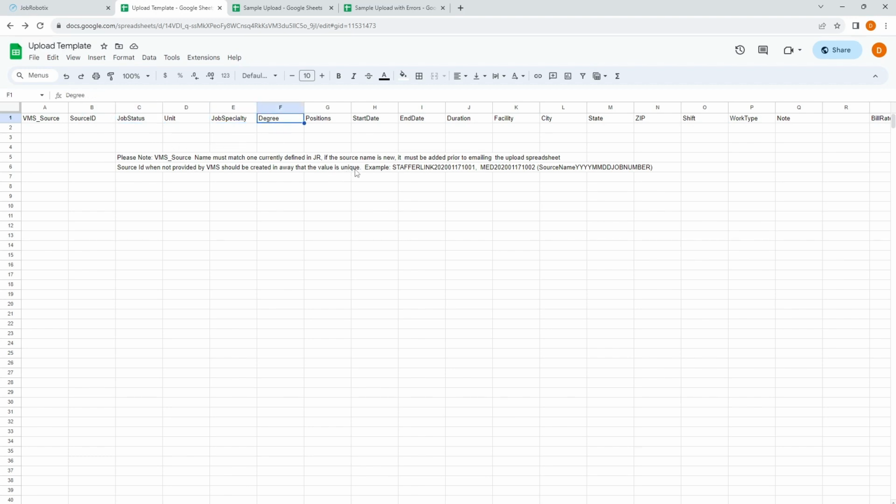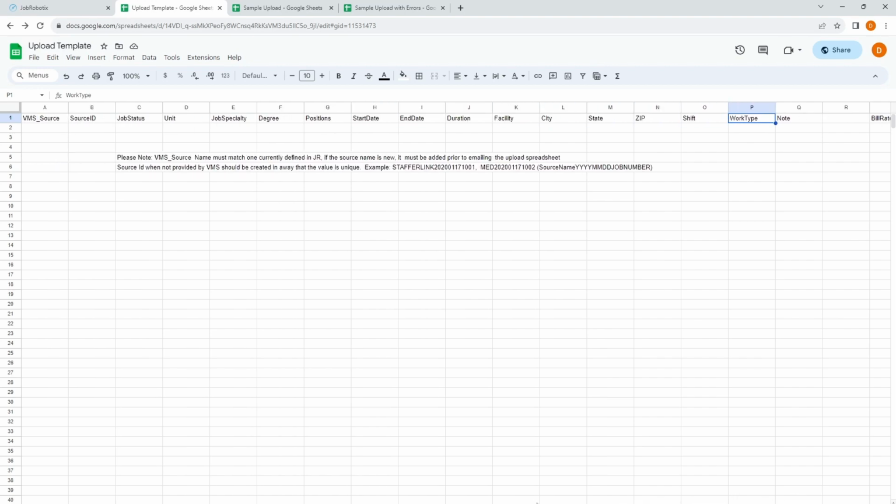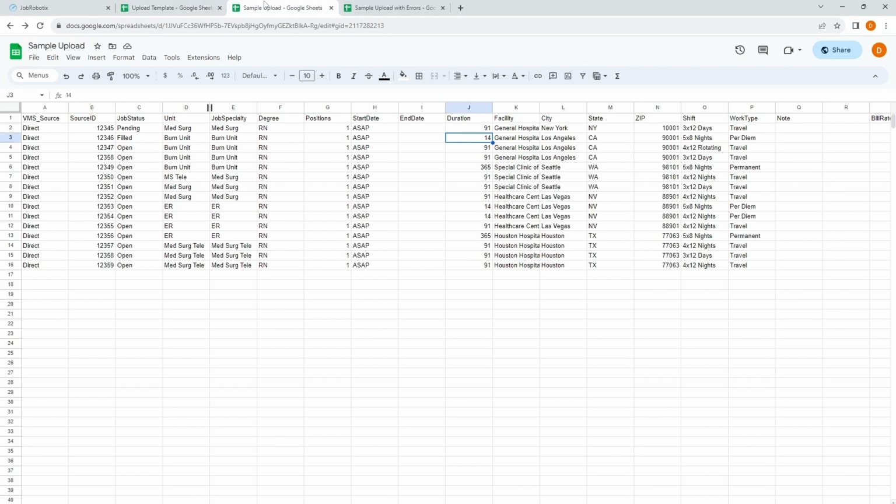specialty and degree, 2 of the 3 of start date, end date, and duration. Our system will figure out the other one based on the other 2. Facility, and work type. And that's it. So you can skip the rest or you can fill out the rest, and it just adds more data to the system. I have a sample template over here that I created that we can work with,